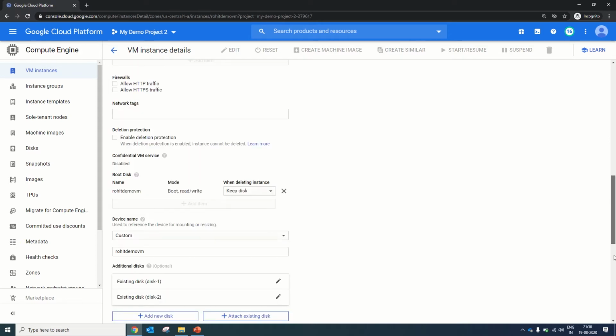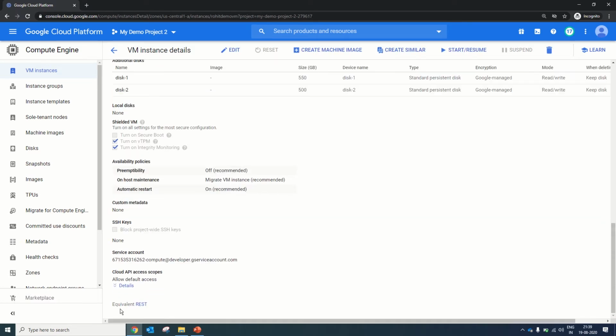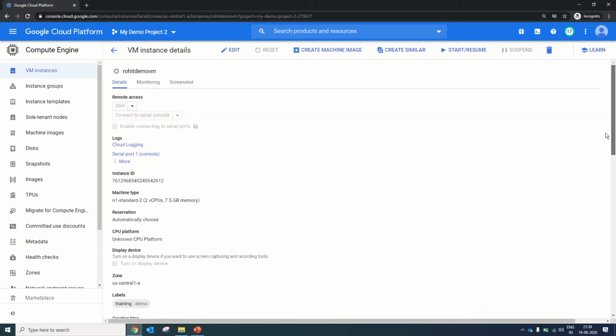Now you just need to click on save. You will get the save option at the last of the page. Once you click on save, your instance details are updating. Once you reboot the machine, this machine will reboot with the new configuration that you have just selected. If you go up, you will see that your machine details are modified with 2 vCPU standard 2, which is the new machine type for your VM instance. In this way, you can modify the machine type of your instance.